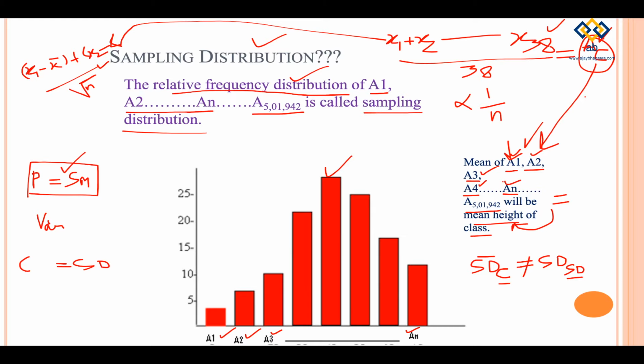So which then means that in this class of 38 students, the n is only 38. But in case of sampling distribution, the n is how much? 5,01,942, right? So this is the difference between the n of the two things. Since the number of samples in sampling distribution are